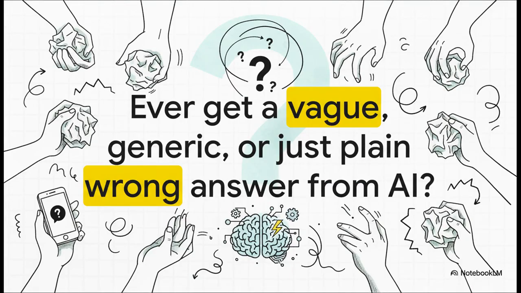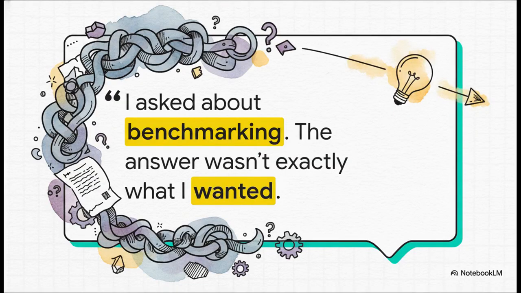We have all been there. You think you're saving time, but instead you just end up in this frustrating loop, rewriting your question, trying again, and wondering, why doesn't this super smart tool get what I'm asking? It can be maddening. And this experience from the author herself just hits the nail on the head. She asked about benchmarking and got an answer that was technically correct, but for the completely wrong field. The result was totally useless. And that moment really highlights a crucial lesson when we're talking to AI.